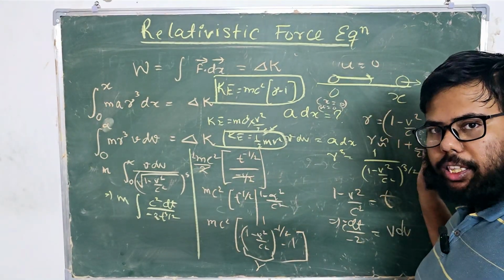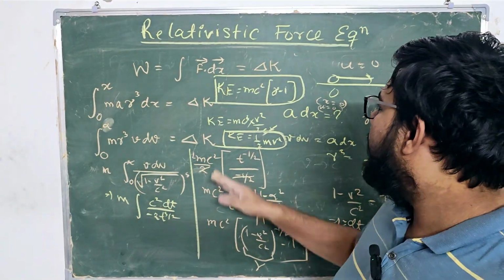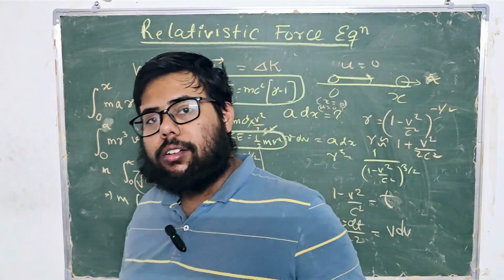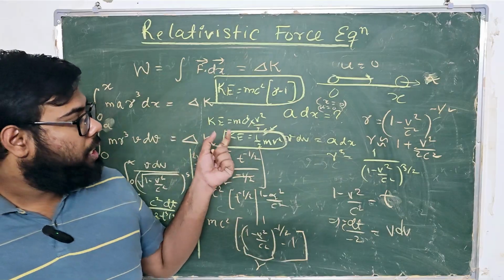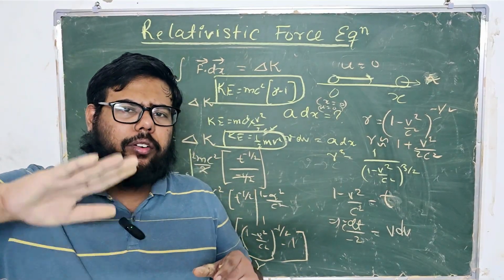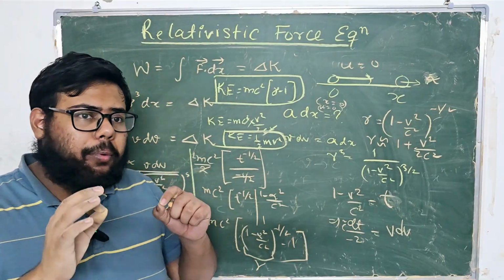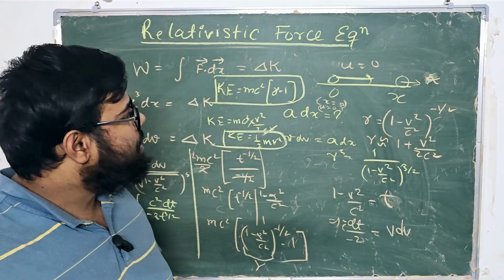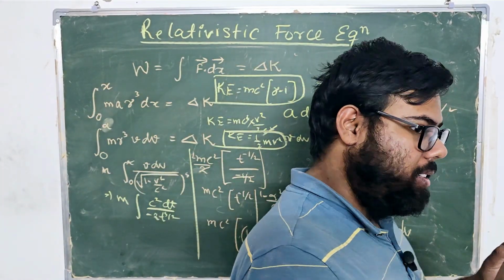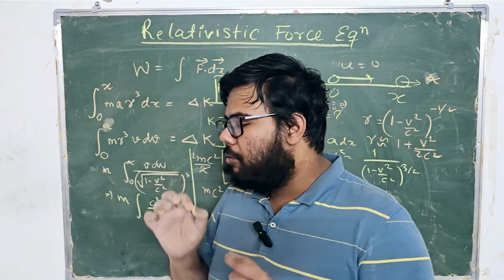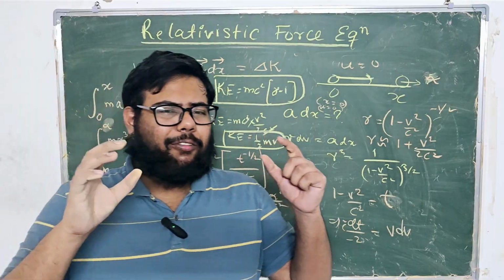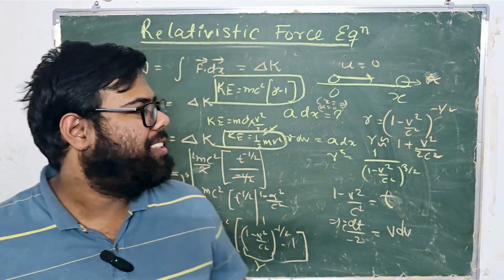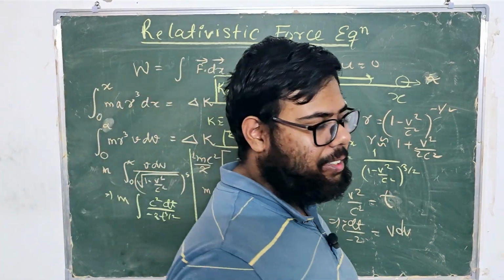We proved it also from the binomial expression over here. And the actual formula for kinetic energy is mc square times gamma minus 1. So as the velocity approaches the speed of light, the kinetic energy keeps on increasing at a very fast rate, and when it approaches near the speed of light, it almost tends towards infinity. So it means that if we want to give an object with mass the speed of light, you need to give it infinite kinetic energy, which is of course impossible, right? So this is the whole theory behind kinetic energy and